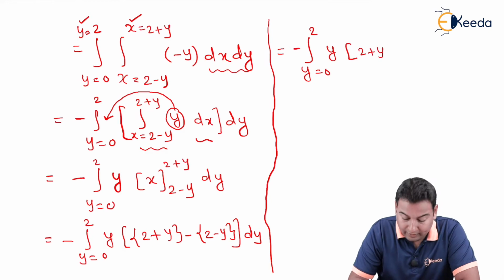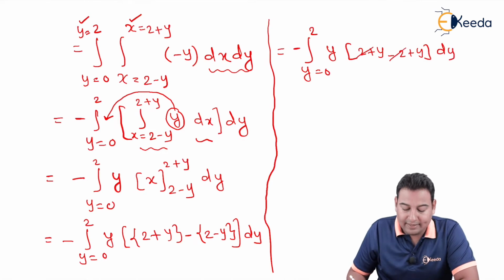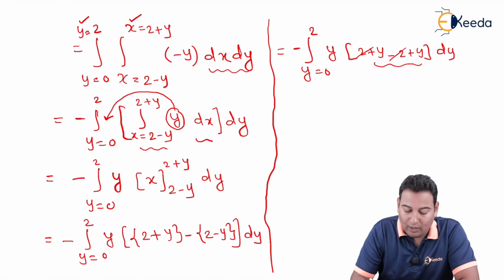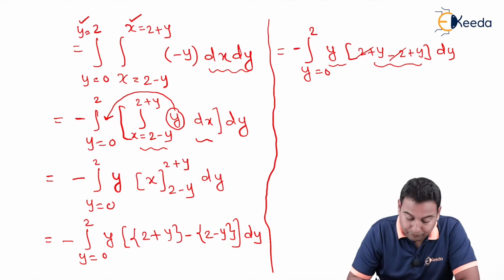If I open the bracket, this will be minus 2 plus y and dy. This will be gone. Inside I'll be left with 2y and one more y, that is 2y square, which is equal to minus integral y is equal to 0 to 2,